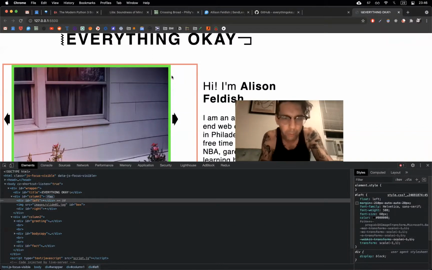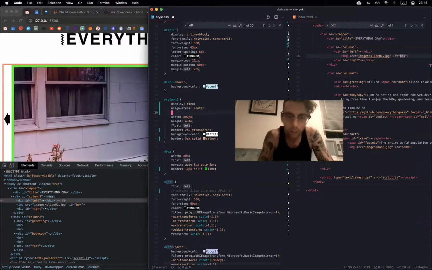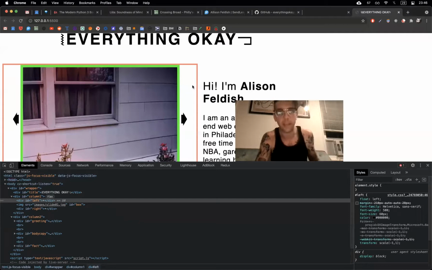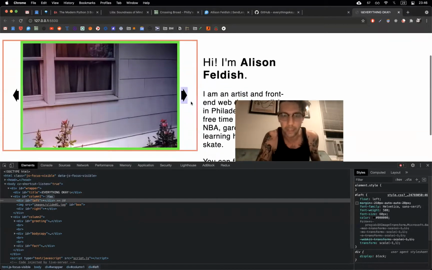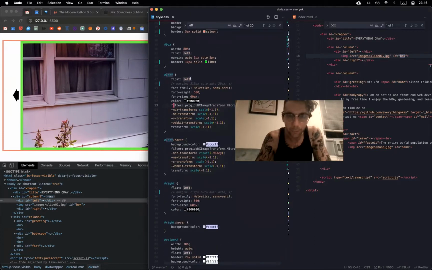Oh, actually, no, you probably should. Sorry, let me add that in. Justify content center. Okay, that's better. So now it's going to stay with the equal space between this solid salmon 5 pixel. Okay, so adding display flex, align items center, justify content center into column one, the ID column one, just like you do on